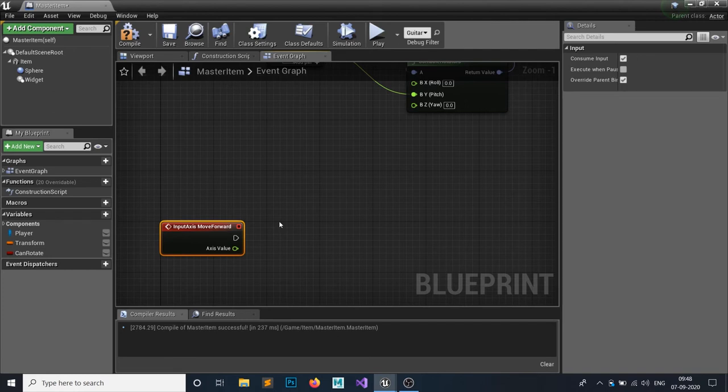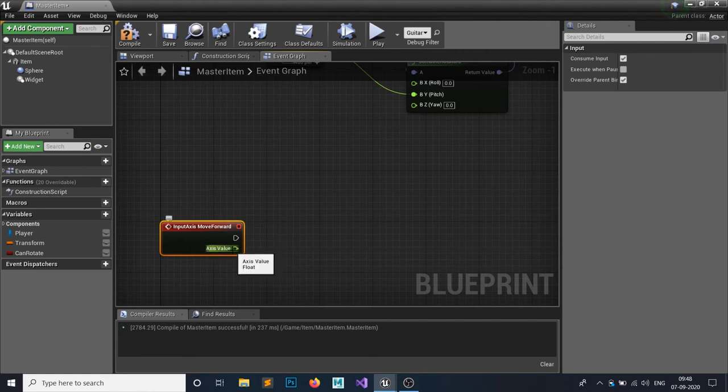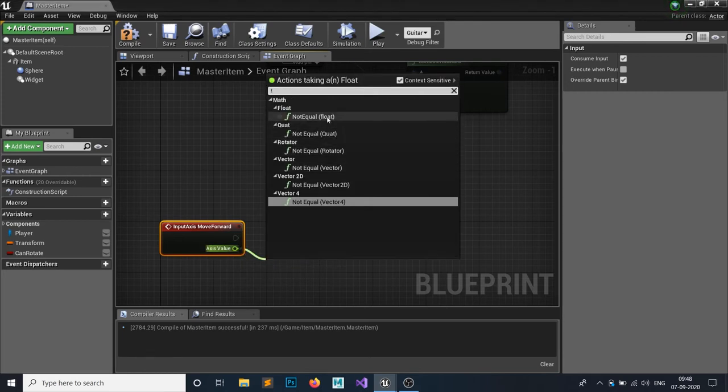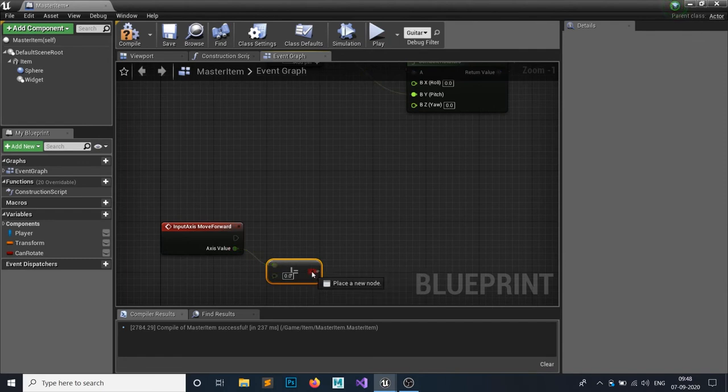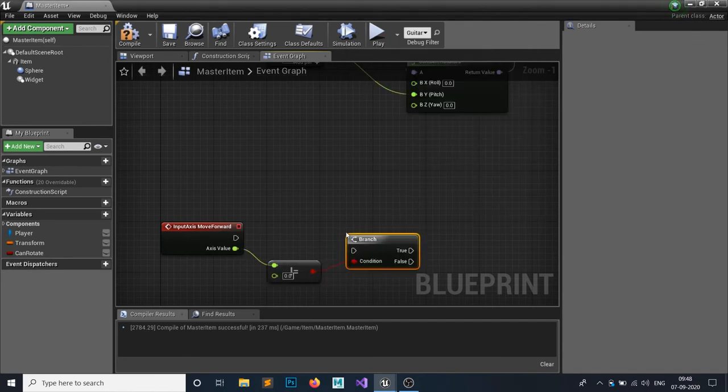If it is -1 to 0, then we have pressed the S key, and if it is from 0 to 1, then we have pressed the W key, and if it is 0, then we haven't pressed the W or S. So grab a node from here and check if it is not equal to a float of 0. So if it is not pressed, then we don't do anything, but if it is pressed, then we rotate it.